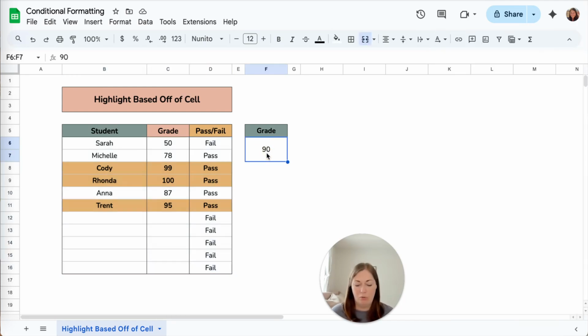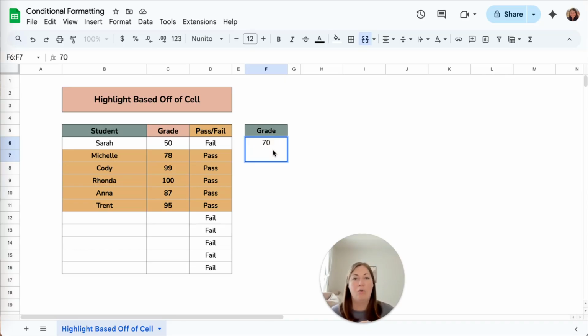If I want to change this to only show for 70 and above, I can change that number up and it will only show me for anything above 70. So it's a great way to easily see who is in the high 90s or above a certain number. Now we could do the exact same thing, but we could do it with lesser than. So if I only want to see what's failing, let's see, I want to see anything that's less than 60,